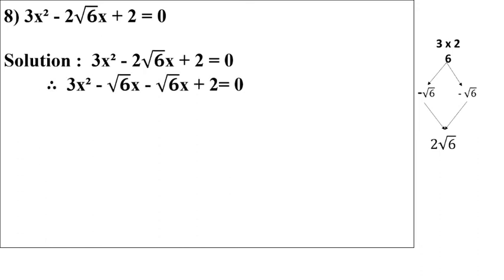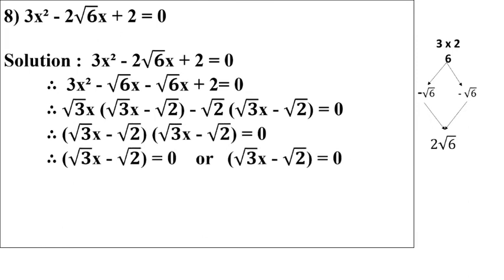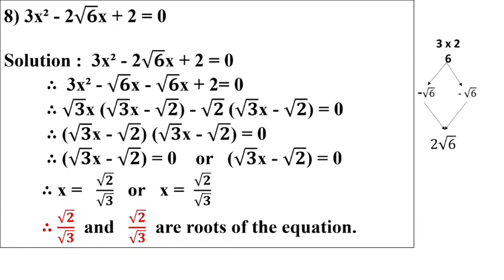Substitute the value. In the 3, we have 2 under root 3. In the 6, we have under root 3 and under root 2. So among them, we have the common root 3x. So what is left? Root 3x minus root 2. Same bracket we will copy. In root 6, we have the root 3 also, root 2 also. Root 3 is gone inside. What is left? Root 2. Take common bracket, uncommon bracket, equal to 0. Minus root 2 becomes plus root 2. Root 3 is given in multiplication, so it becomes divide. So these two are our roots of the quadratic equation.